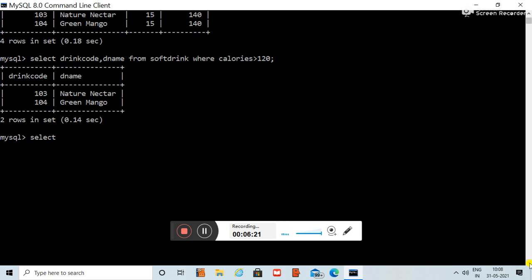So drinks code, comma, dname and calories. Fine, these are the fields. Now I have to write from which table? Soft drinks.